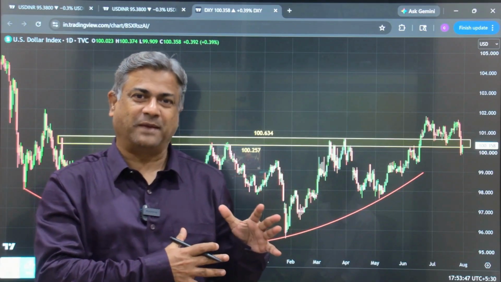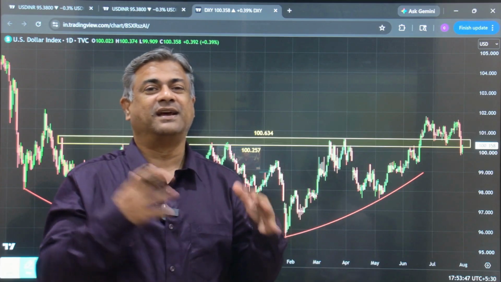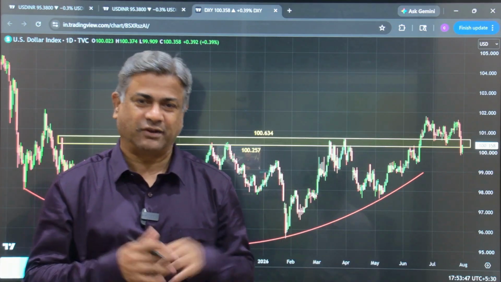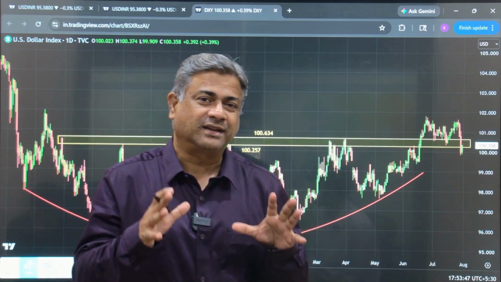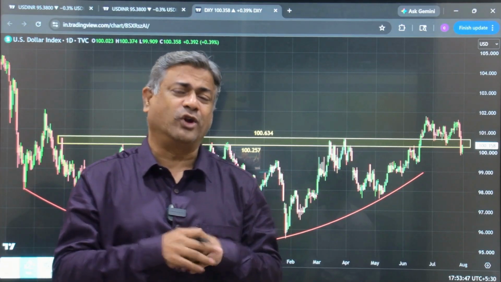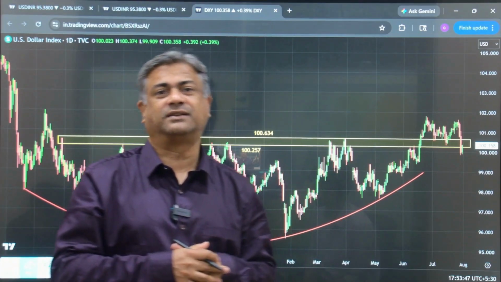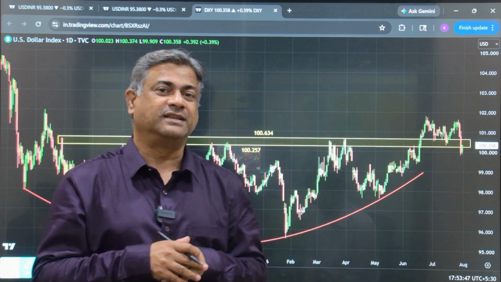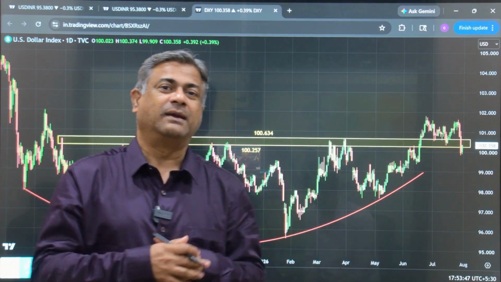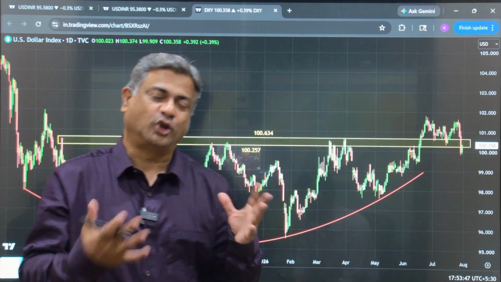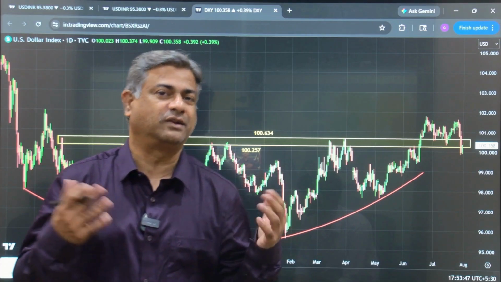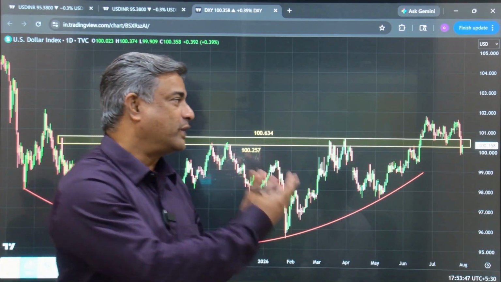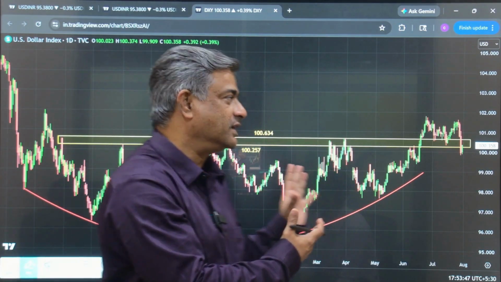A lot is happening in the currency markets after the Federal Reserve FOMC meeting that happened on 28th and 29th. The clear-cut conclusion, not really guidance, is that the rate hikes in the US are not going to be so aggressive, but there will be rate hikes. On top of that, yesterday night US Q2 GDP also came in lower than expected. So, see the impact on the dollar index.